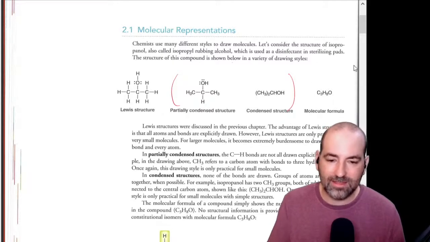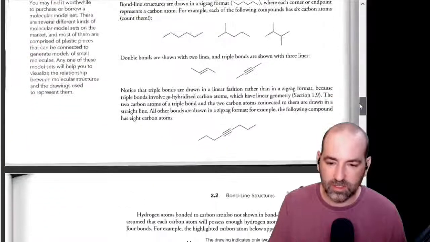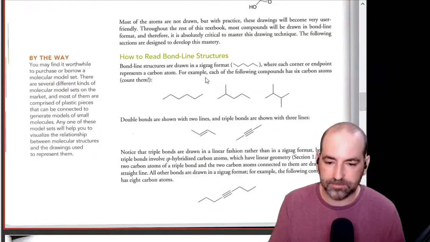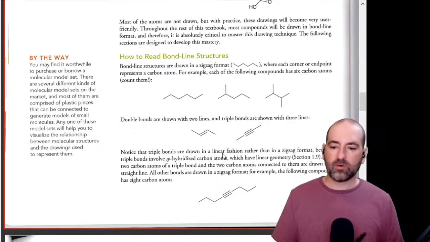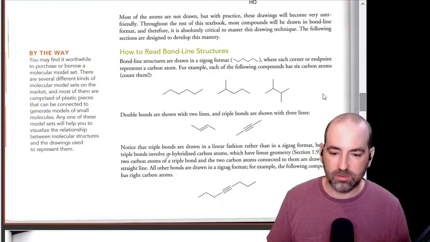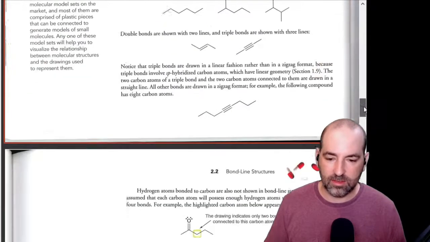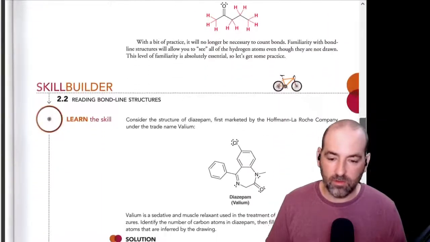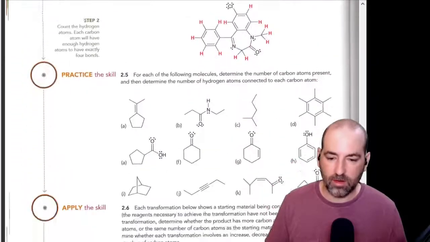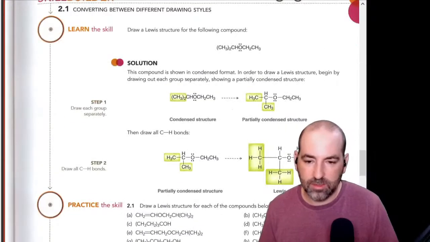And then the third way is not really the molecular formula. We're going to look at this thing called a line structure or bond line structure. And in the interest of time, I'm going to link to a different video explaining these from last year rather than go through it all again. It's the same information. But please let me know if you have questions or if you want me to talk more about one of these things. I am going to show you some examples, though,